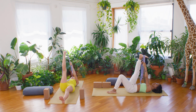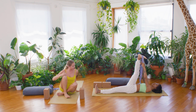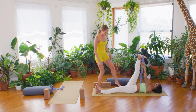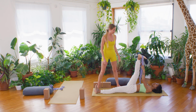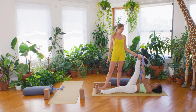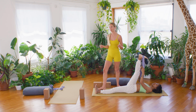If you want, you can straighten out your left leg if that's not too much for your hamstrings. So feel free to keep this left knee bent if you need to. Chelsea has extended her bottom leg, so we're going to make sure the bottom leg stays rooted. Flex both feet if your legs are extended, and then relax your jaw, relax your throat, and reach through the back of the leg without letting your